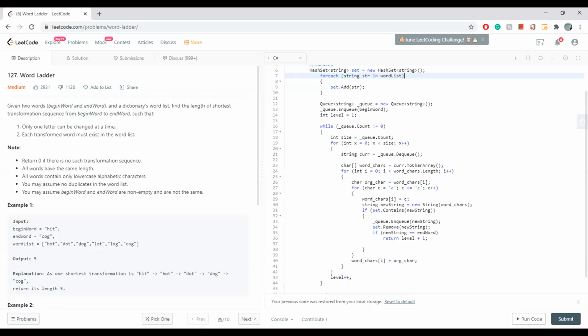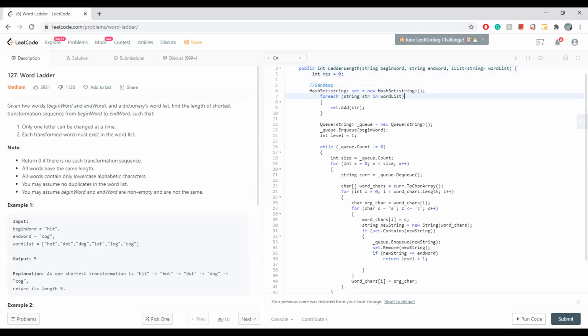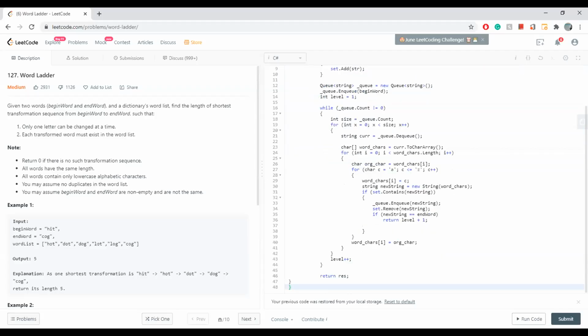That is true. What you did was not wrong. It was correct. But for some of the test cases, you'll have to do it in a slightly different way. Are you keeping a visited set? Yeah, I was keeping a visited array also. It is written here that you may assume there are no duplicates in the word list.